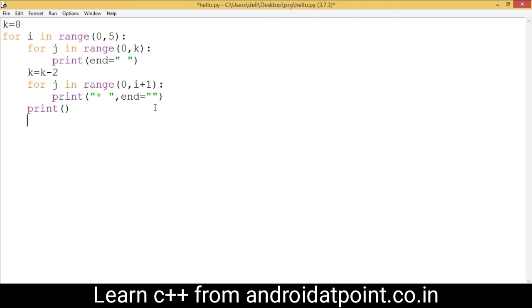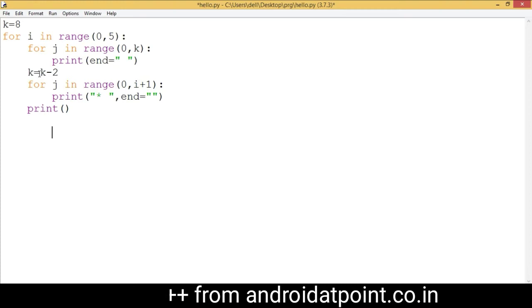Now I am going to explain from the starting. First of all, control assigns the 8 value to the k variable. Control comes here and assigns the 0 value as the lower limit, and the lower limit value is assigned into the i variable. So the value of i is 0. Control comes here and look here, the lower limit is 0 and the upper limit is 8. So this loop is executed 8 times and provides 8 spaces. So look here, 1 2 3 4 5 6 7 8 spaces provided here.